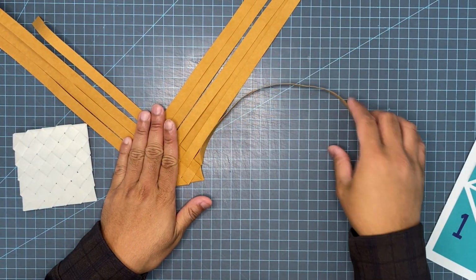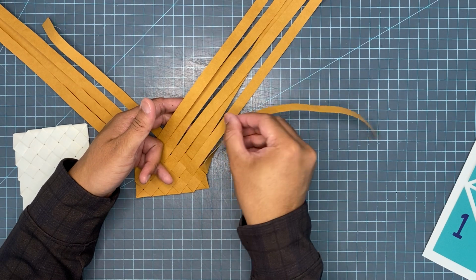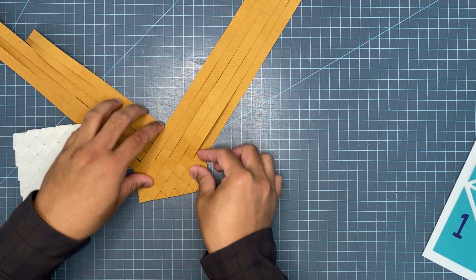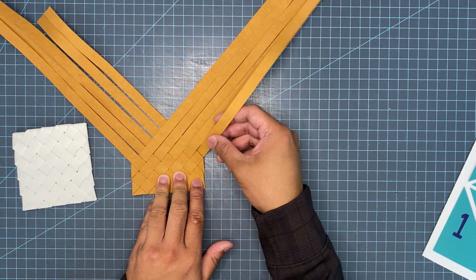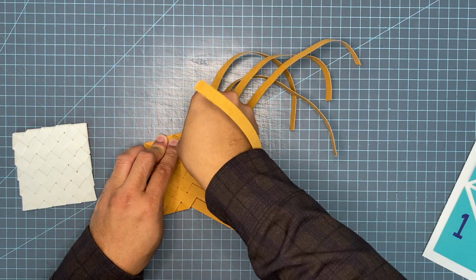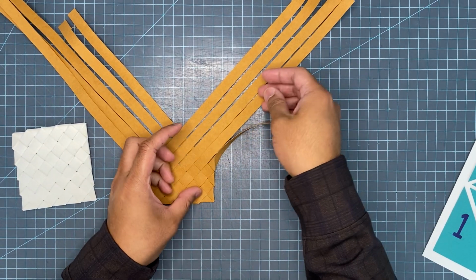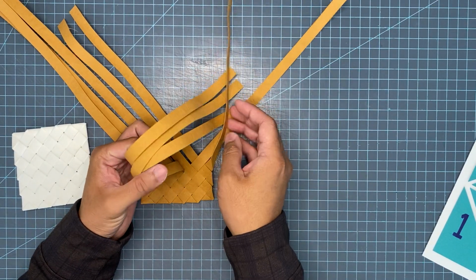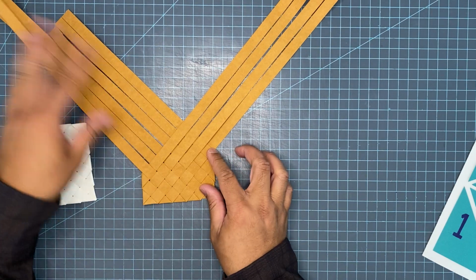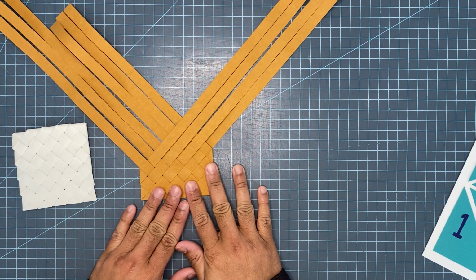temporarily let this hang loose on the right, and then we're going to weave this through this one. And now the last weaver for section 3 is this one. We're going to continue what we just did. Make a valley fold from the other side, temporarily unfold that, let it hang loose on the right side, and then weave it through this. Okay. And now we're done with section 3,